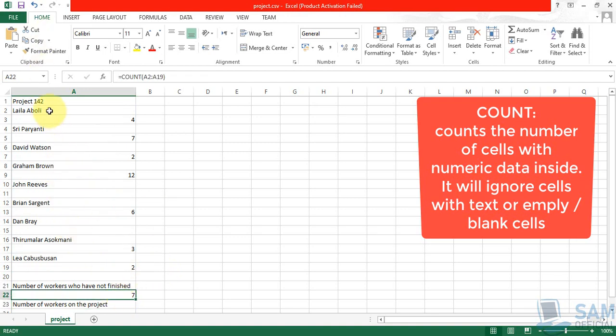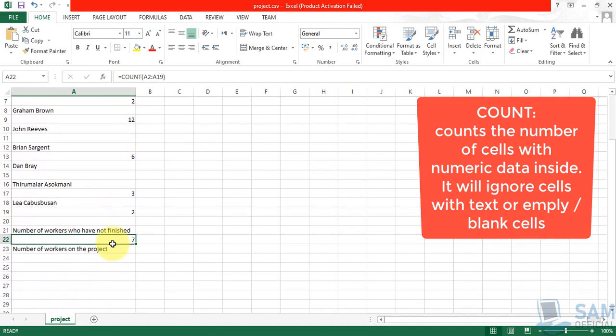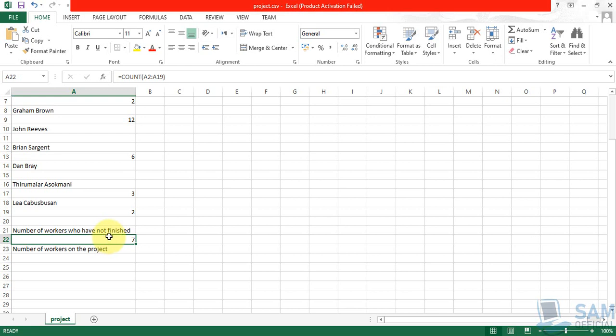So out of these cells from A2 to A19, it ignores all the blank cells, the cells which contain nothing. It ignores all the cells with the textual values like the names of the employees. It simply starts its counting from the cells which contain numbers only. So this way we have achieved one of our targets, that is the number of workers who have not finished